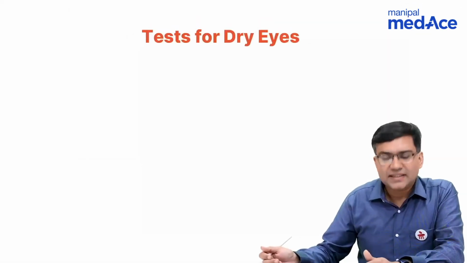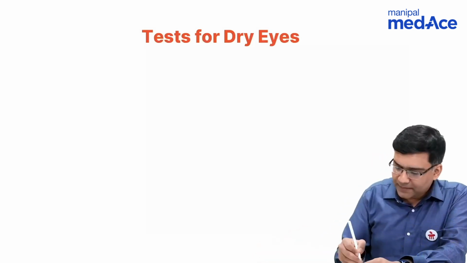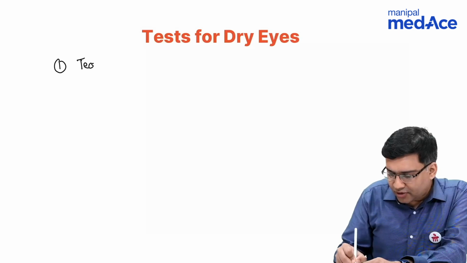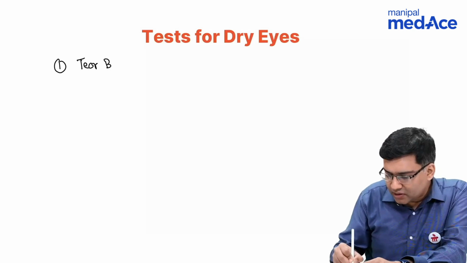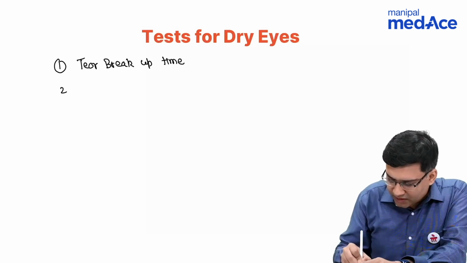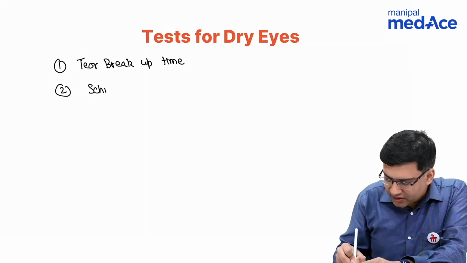Now, what are the various tests for the dry eye that you remember? So just the names of the tests I am telling you first. First is tear breakup time. Second, the most important one is the Schirmer's test,